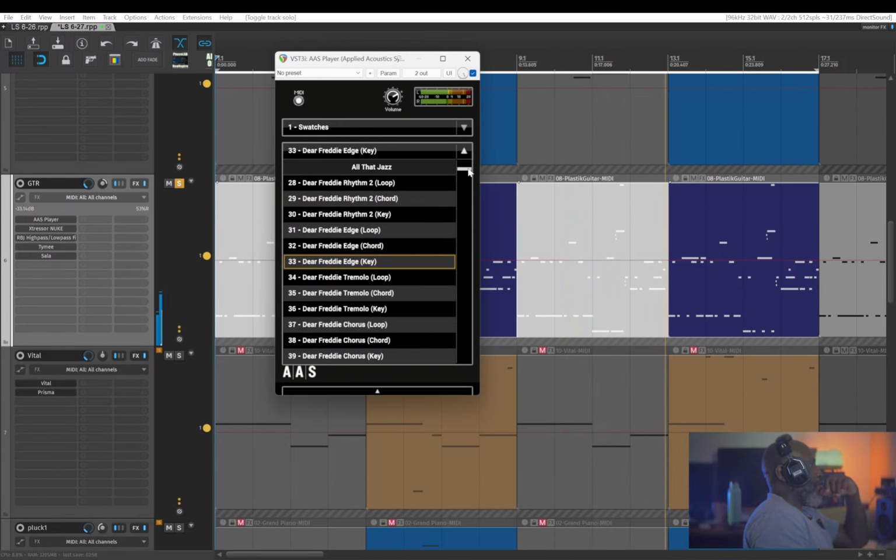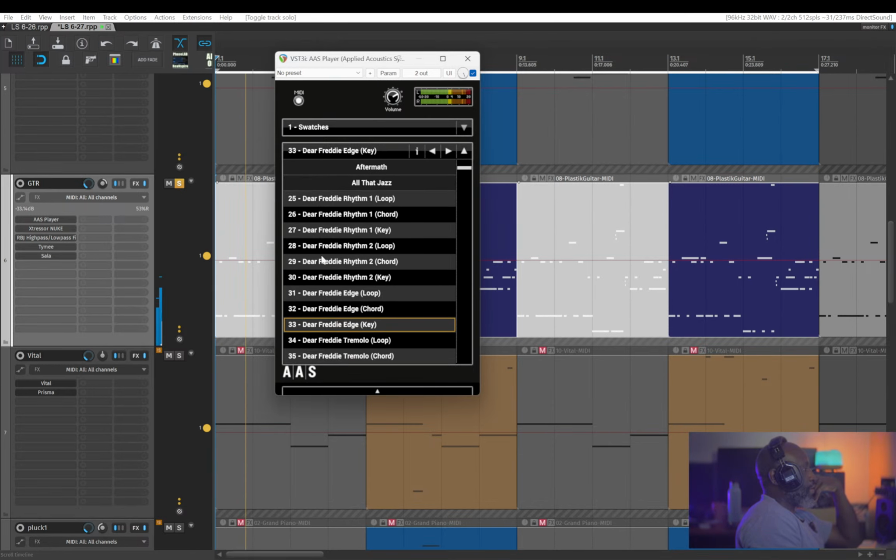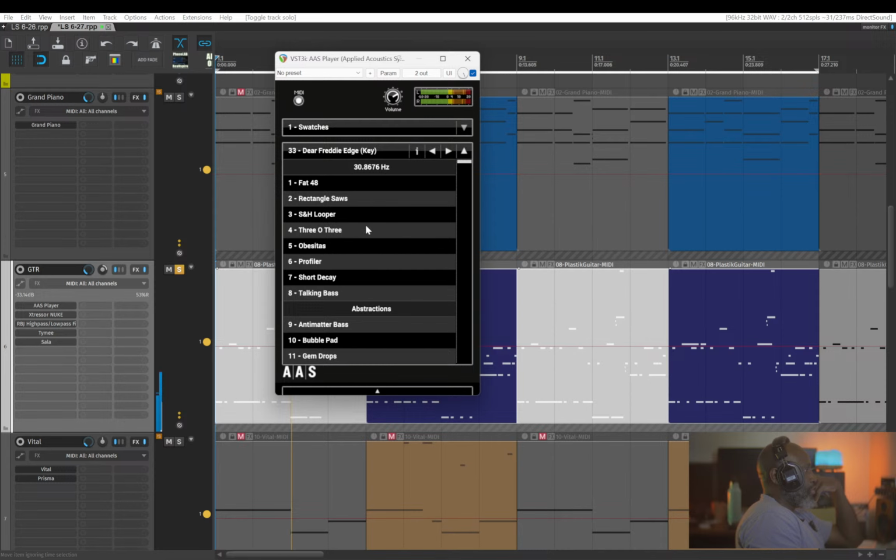And the cool thing about this one is it has some very, very good guitar presets, which I'm gonna go through right now. So when you start at the top, there's a lot of synths. There are like ARPs, pads, all that. Only thing I don't like about this synth is when going through the presets, you don't really have a sensible